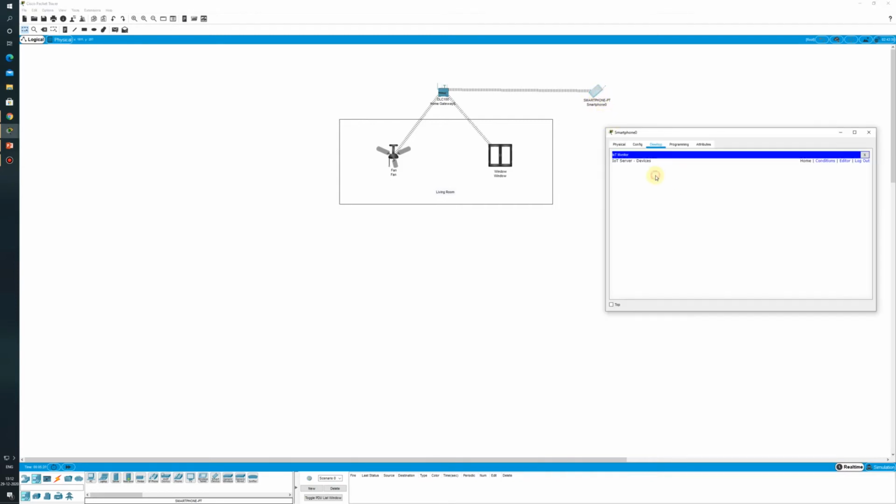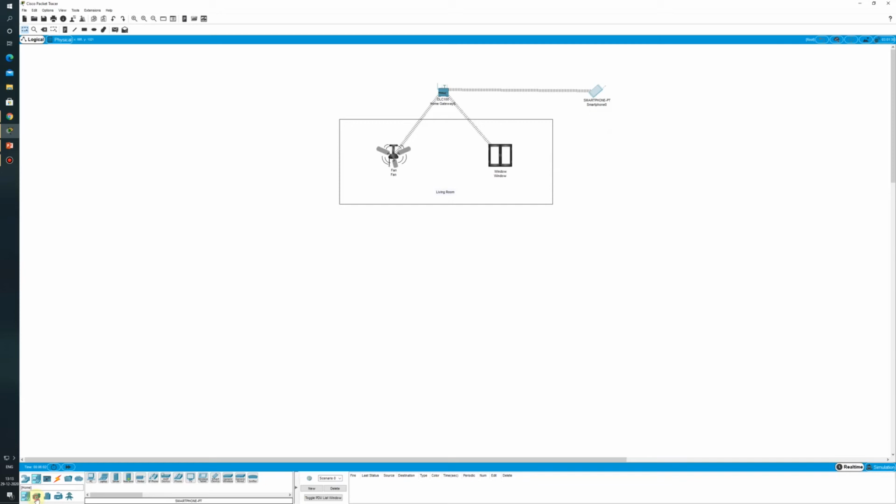Now if we open the IoT Monitor app of the smartphone device, it will take some time, but all the devices will get listed here. So the fan is already listed, the window will also come. Yeah, so here is the window. Now you see we can control both the devices from here. Let me turn on the fan. So the fan has turned on. This is in low speed. Now let me go to high speed. Also for the window I can open and close it. So this was the configuration for the living room.